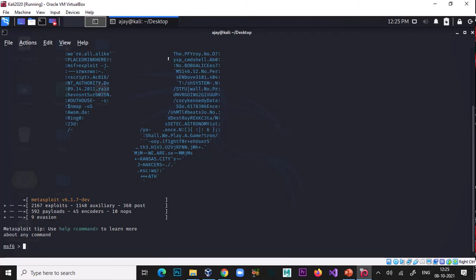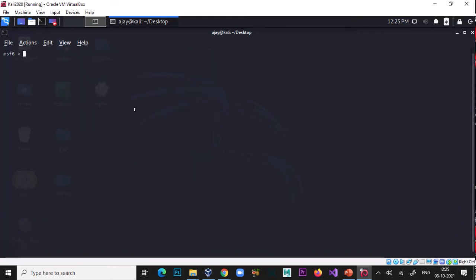Now type use exploit multi/handler. So we have used a multi handler kind of exploit.